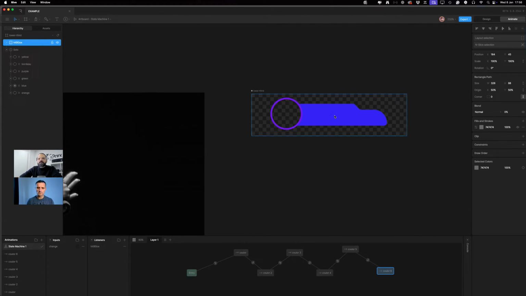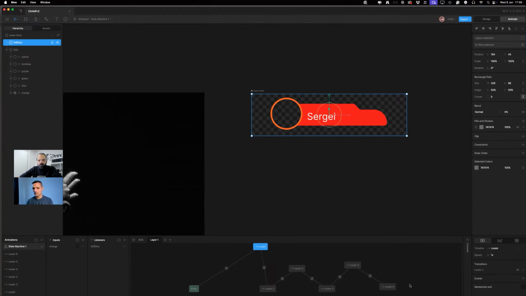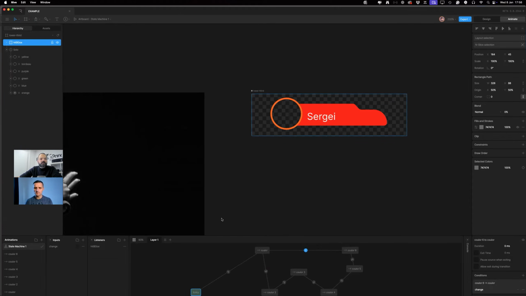But here I'm stuck. So what I need to do in my logic, I hope that everyone or you on your side already guessed, I will link my last step to the first one saying continue. If I change, just redo. So now we can test it and you will see that if I click on change,